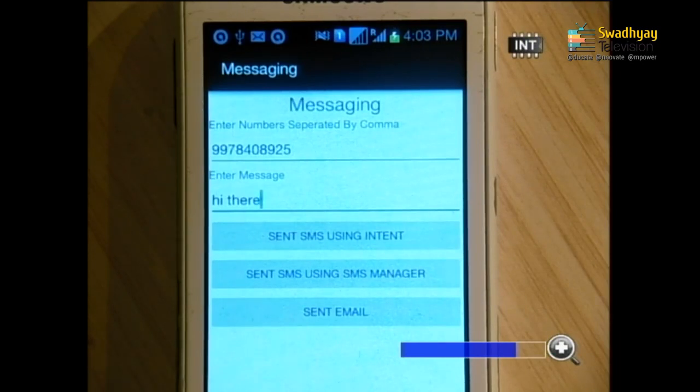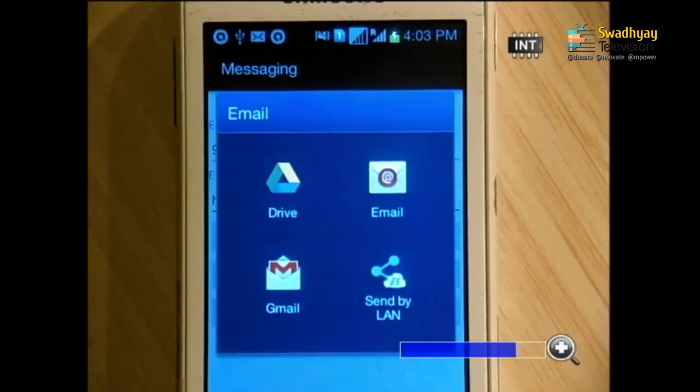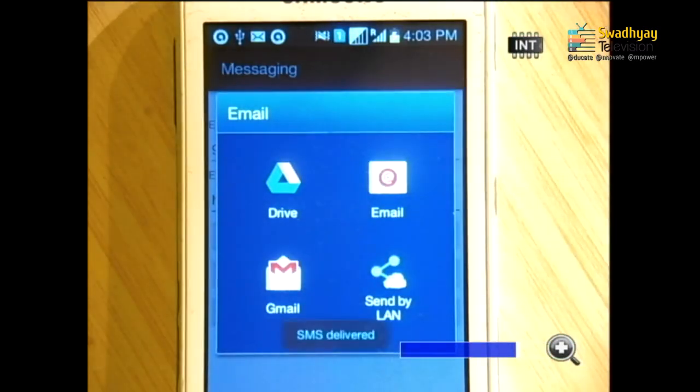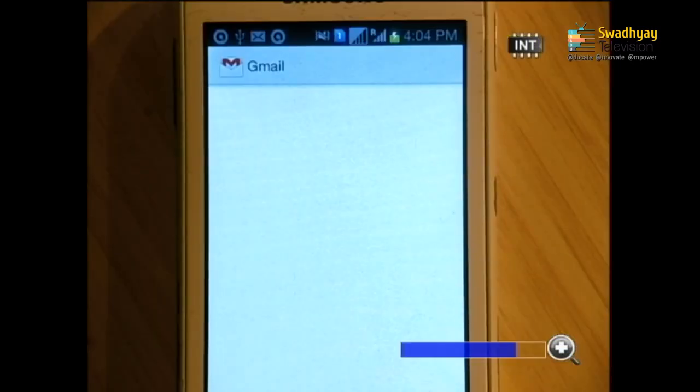Now, next we want to send email. So, I am just pressing the send email button. As you can see on the screen, it asks me whether I want to send email using Email, Gmail, Drive or send by LAN. So, there are 4 applications that can be used to send email. I am just selecting the Gmail application.